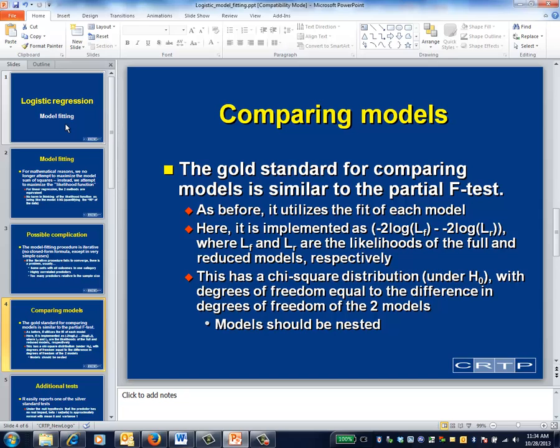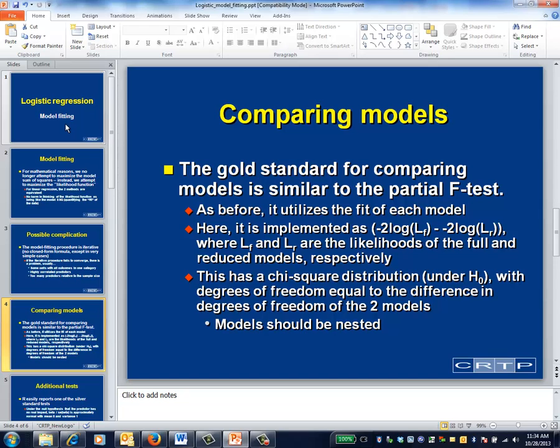For logistic regression, the same overall logic applies. We still have two nested models, and we still compare the fits of the two. For a continuous outcome, the fit is quantified using the model sum of squares, whereas for a dichotomous outcome, it's quantified using something called -2 log L, which can be read directly from the printout. When making the comparison for continuous outcomes, you use a partial F-test, whereas for dichotomous outcomes, you use a chi-square